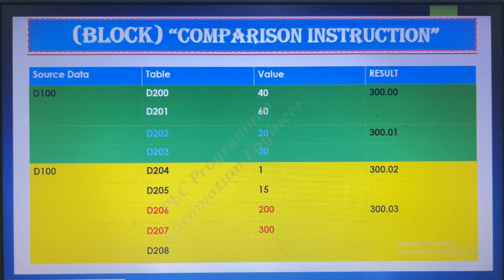The source data is in memory D100, and the table memory is D200 and D201. The first value is 40 to 60, midway. Then the result is 300.00 going on. The second value, D100, is 20 and 30, midway, in 202 and 203, which is the table, N and N plus 1. When the value is midway, the result will be on